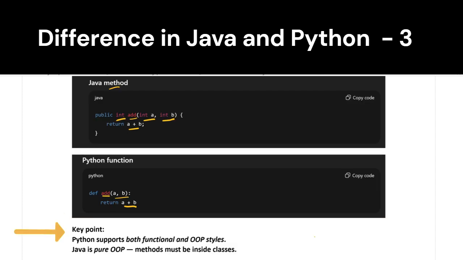The key point to remember here is that Python supports both functional and object-oriented programming style, and Java is purely object-oriented, so methods must be inside the classes. So there should be a class ideally here. This is just the snippet of the method. For the declaration, the methods should be inside the class in Java. And in Python, we do not have anything specifically like the OOP style. Python supports both functional and OOP style,